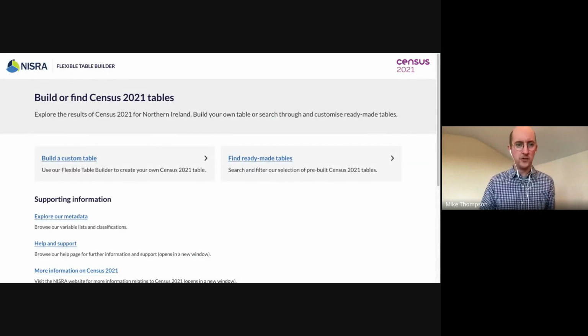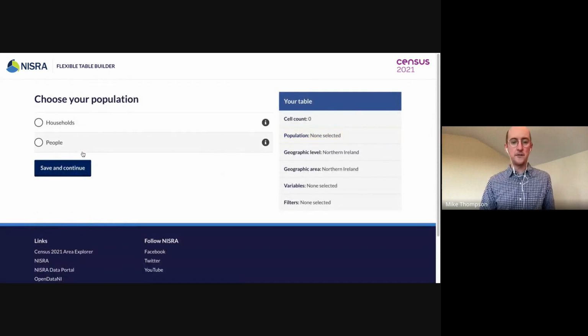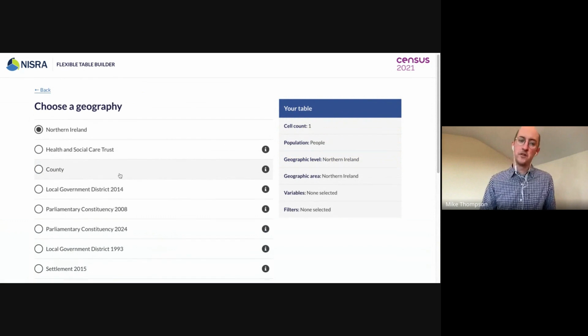So hopefully you can all see this. This is the Northern Ireland Statistical Research Agency's flexible table builder for Census 2021. We'll share a link for that at the end of the presentation. So here I can build a custom table, or I could search through ready-made tables, which are like predefined queries onto custom tables. So if I want to build a custom table, I first have a choice of statistical population. I'm going to choose people. Then I have a choice of